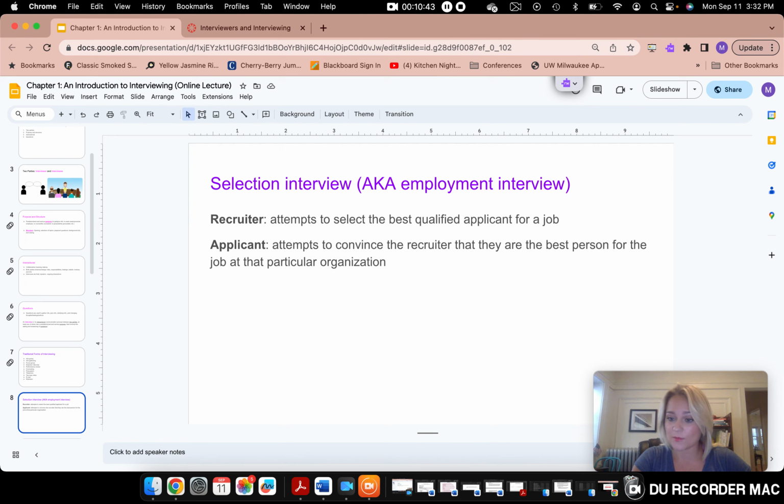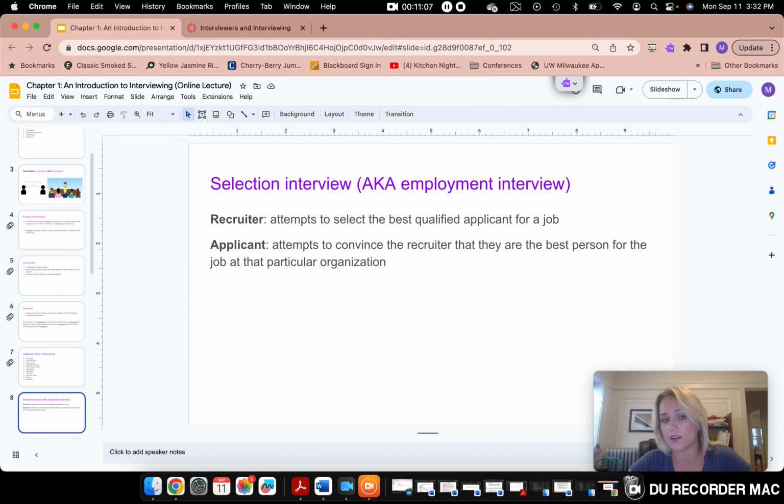So you're going to be asking them questions about their fit for the job, their experience, and you might even create a couple hypothetical scenarios and ask, how would you respond in this situation? Then for the applicant, you are attempting to convince the recruiter that you are the best person for the job at that particular organization. So you're doing a lot more question answering, but you will also have the opportunity to